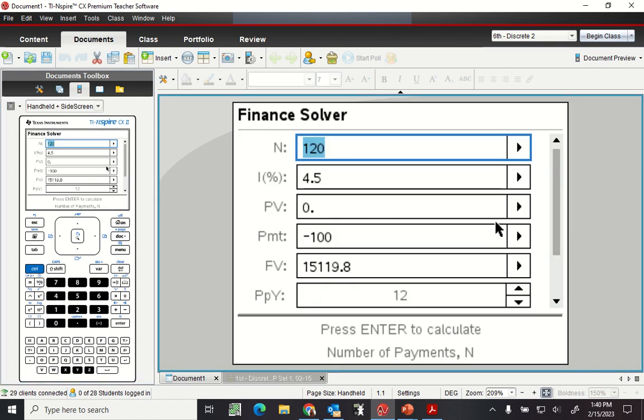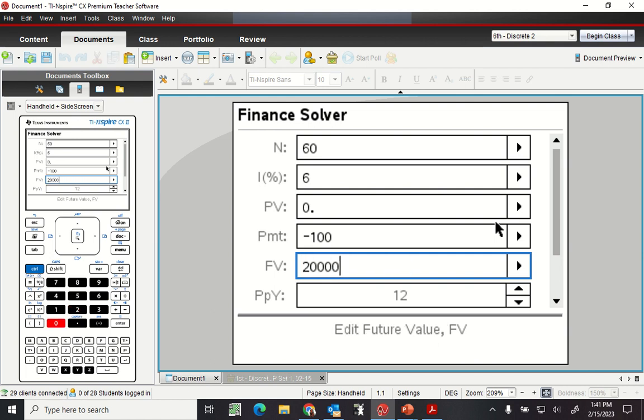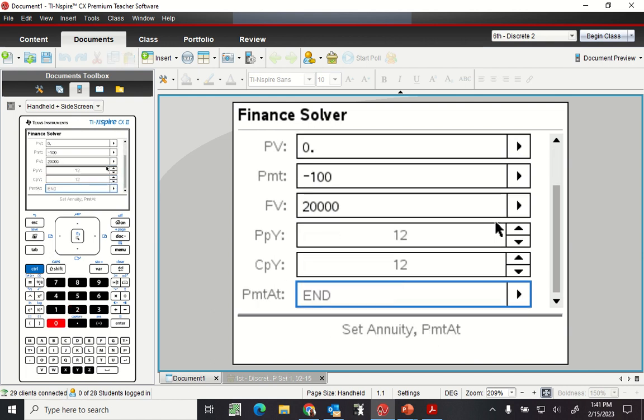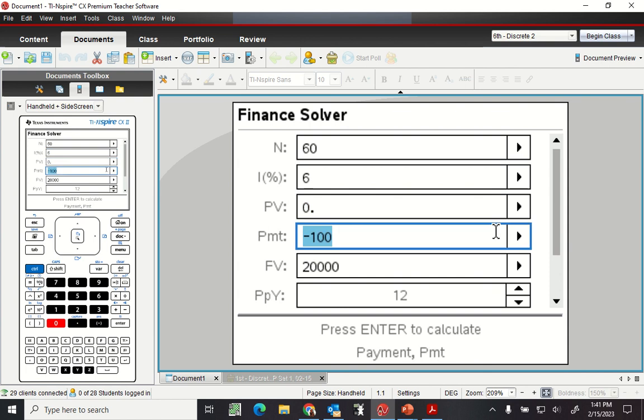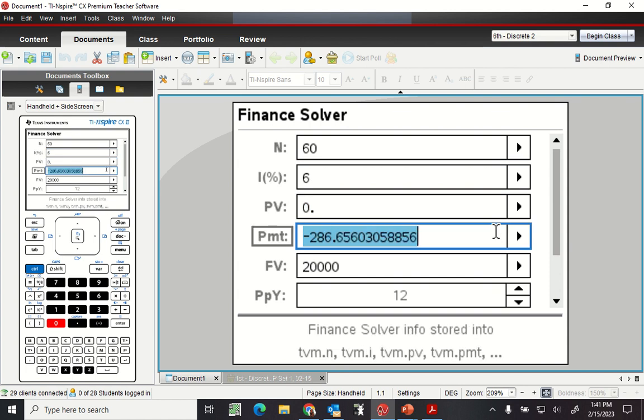So we said it was 6.6%, 0. Future value, I want 20,000. PPY, CPY at the end. So my payment amount's got to be